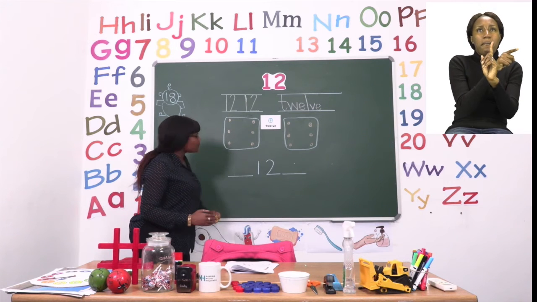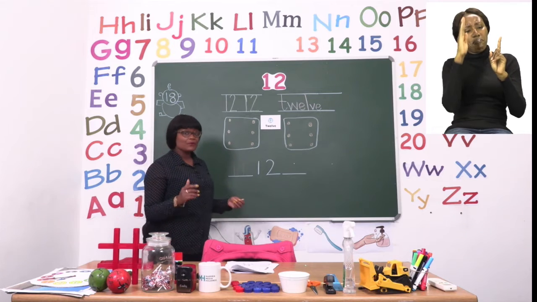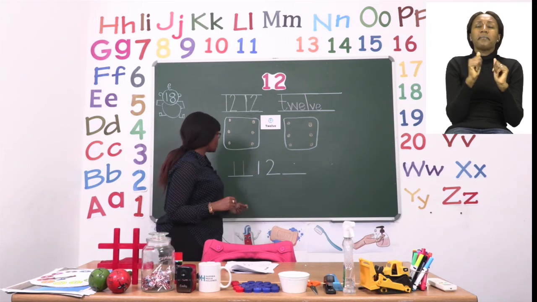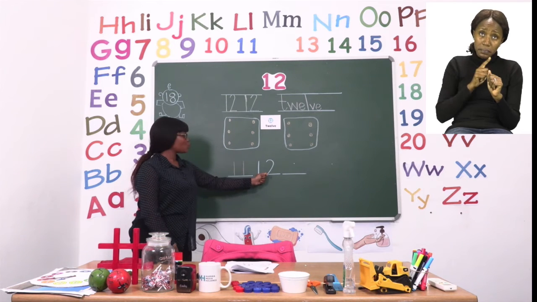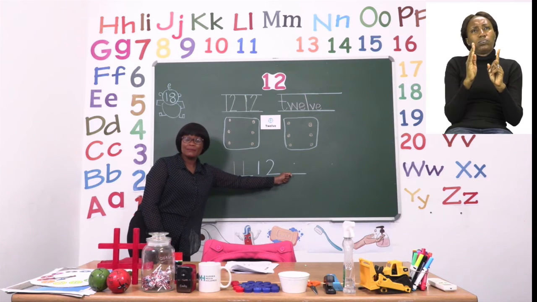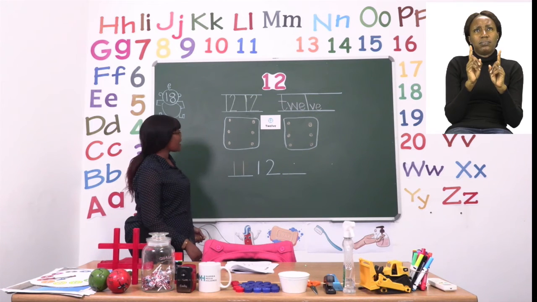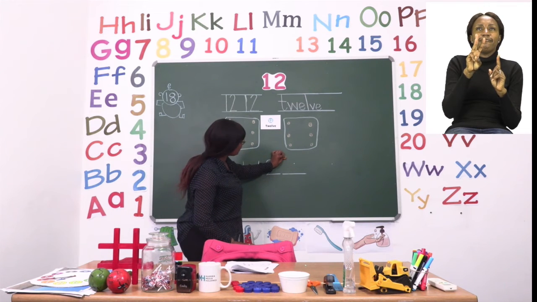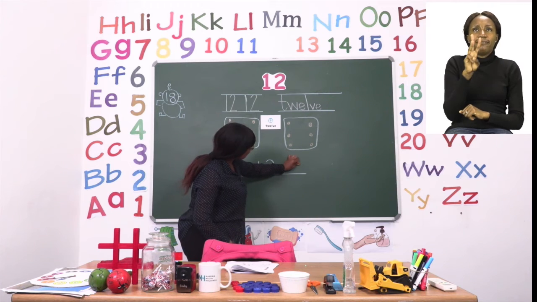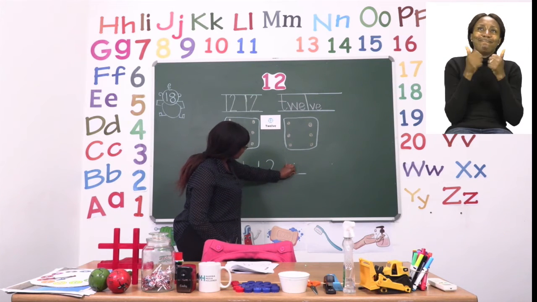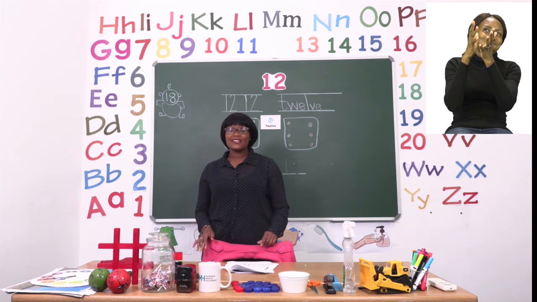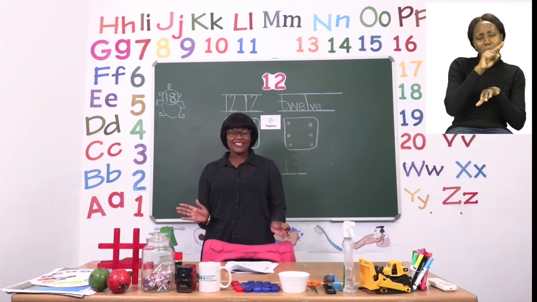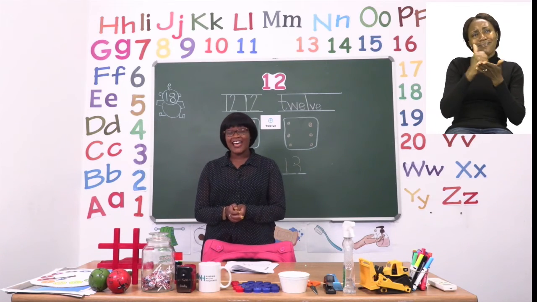There we go. But what about the number after? Remember, when we're doing after, we're asking about the number behind number 12. So we have 11, 12, then we need to look for the one behind. And our number behind is the number 13. So we're going to write the number 13. Well done, grade ones. So I'd like you to please finish your exercise by yourself. Take your time, count correctly, make sure your work is neat, and I'll see you soon after the advert break.